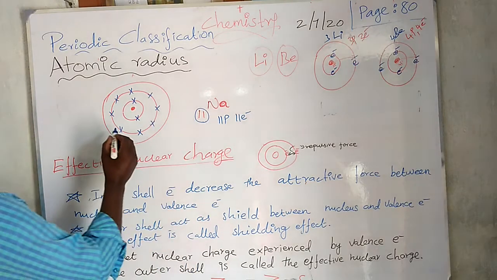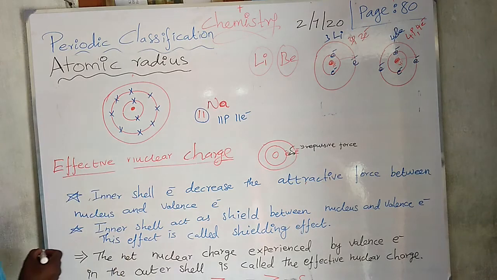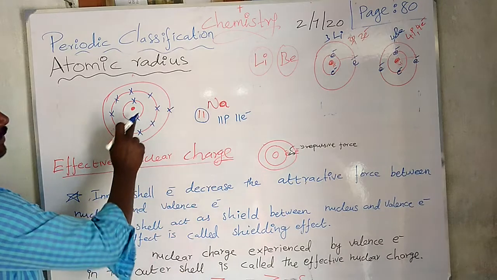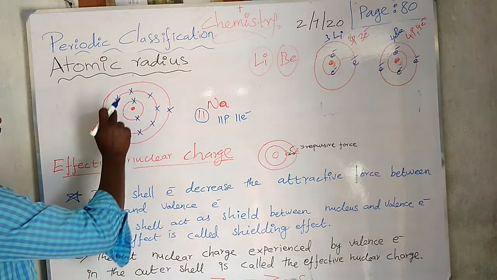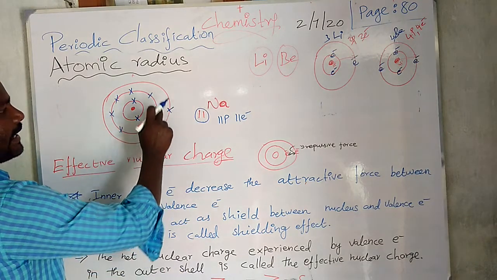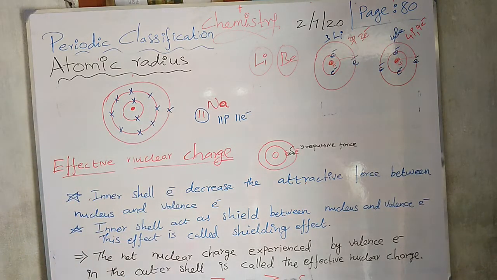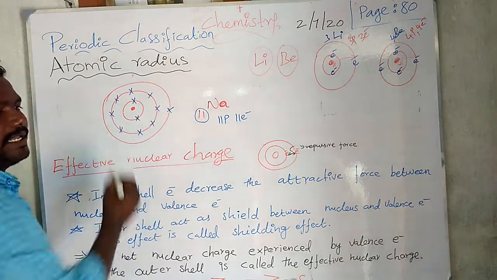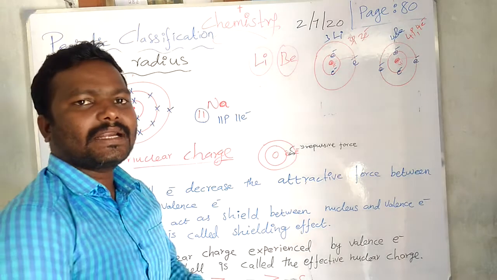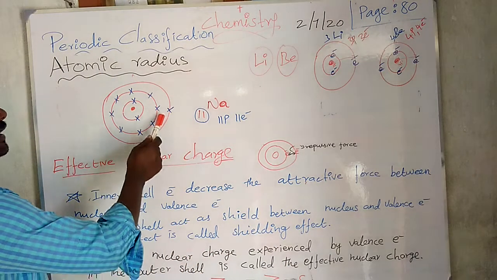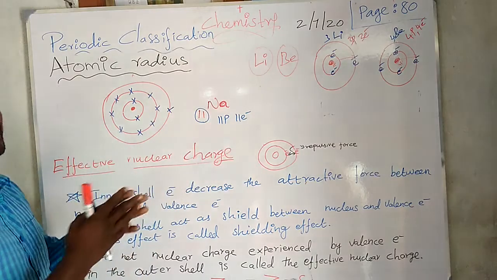So what is the remaining electron in the sodium? Only 1 left out. Out of 11, 1, 2, 3, 4, 5, 6, 7, 8, 9, 10. So 10 are over, the last one is filled in the last cell. Now we can understand there are 3 cells. As usual, the nucleus, positive charge, will attract the negative charge. So what will happen? Electrons are negative, nuclear charge positive, automatically it will attract.